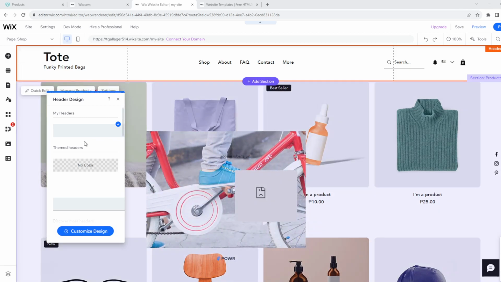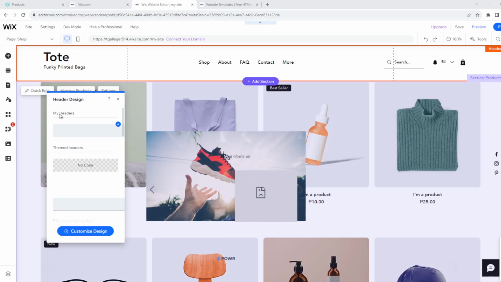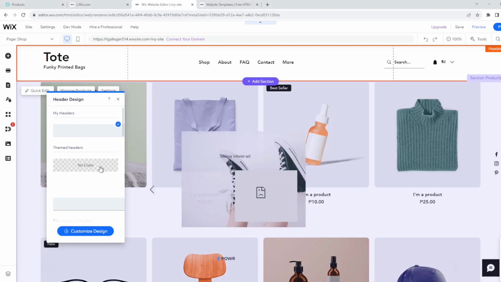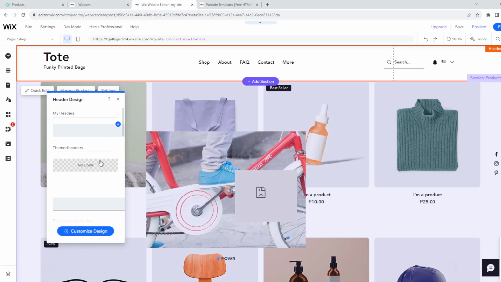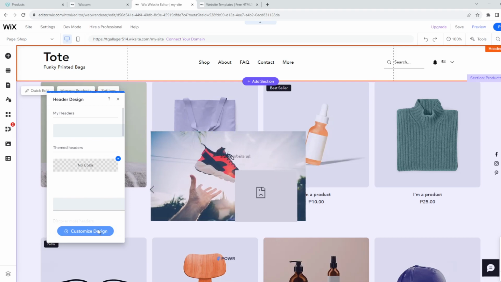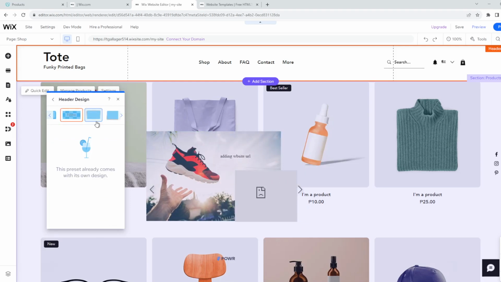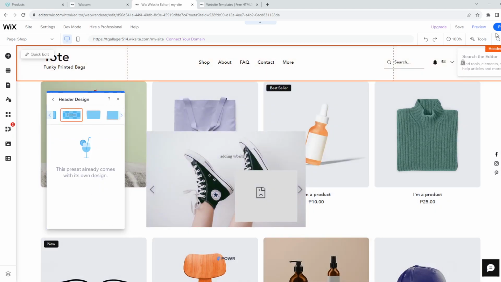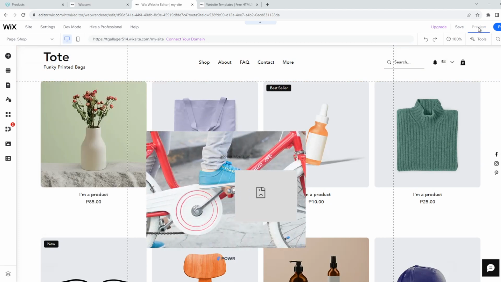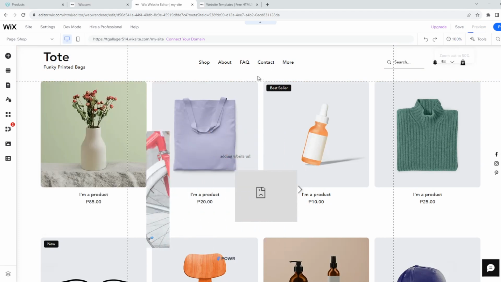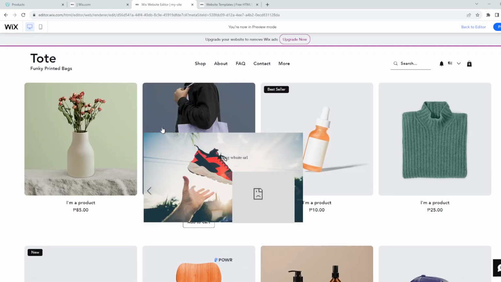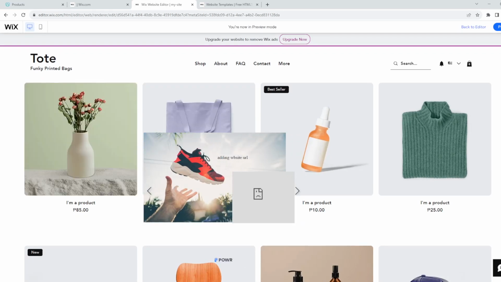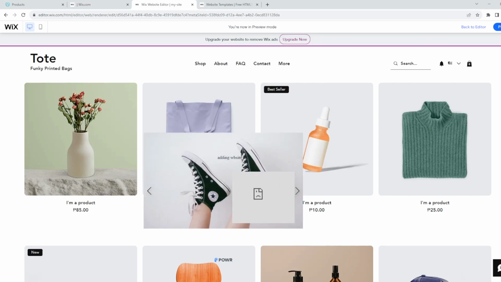So, all you gotta do is, when you click on my header here, you gotta choose the color, right? But when you check it, nothing happens, right? All you gotta do is save for now, okay? Save and click preview, right? Okay. Since I am using a white background, it's not reflecting. But